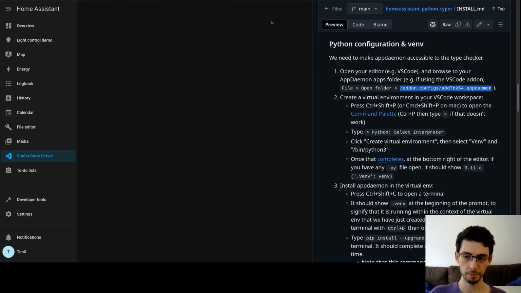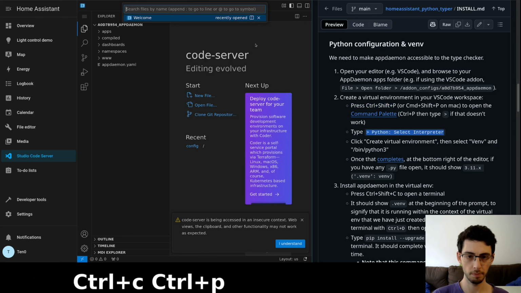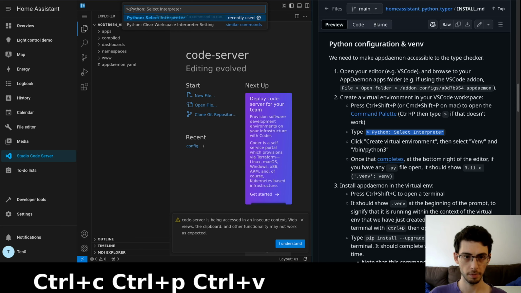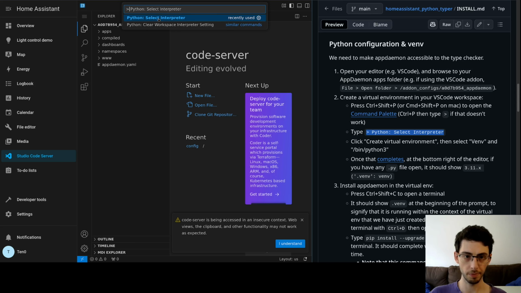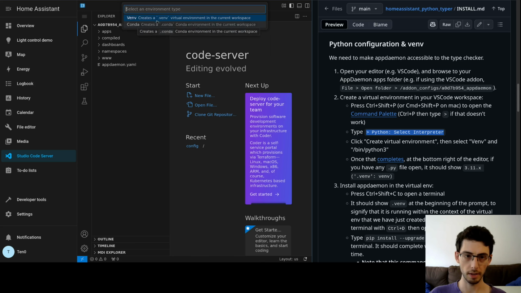Click OK. Then we're going to press Command P to open the command palette and paste in Python select interpreter. Don't forget this symbol. We're going to create a virtual environment and click venv and Python 3.